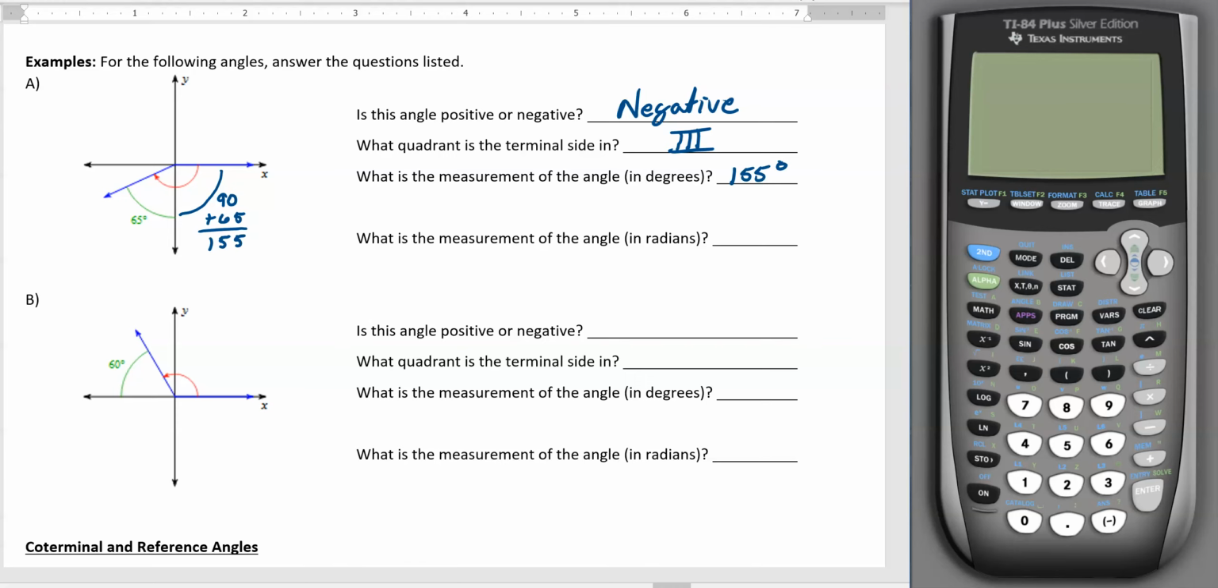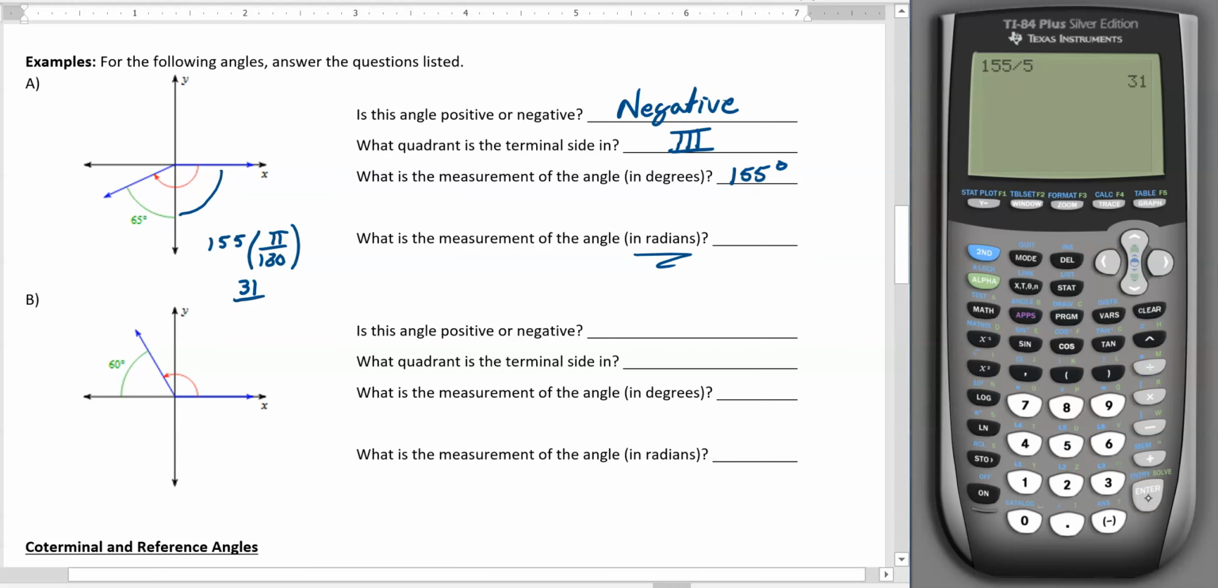What's the measurement of the angle in radians? Okay, so let's convert 155 to radians. That'd be 155 times pi over 180. I know I can divide both of those by 5. What is 155 divided by 5? 155 divided by 5 equals 31. Now 180 divided by 5 is 36, and I can't simplify that any further. So this would be 31 pi